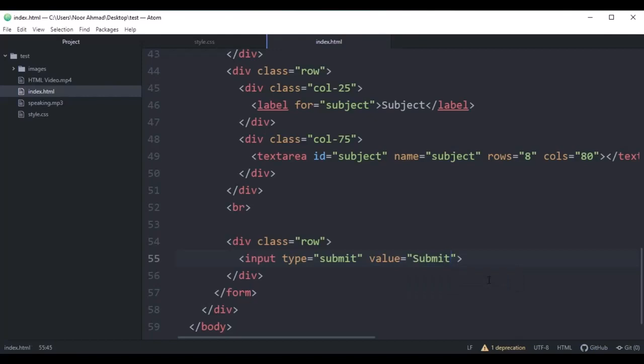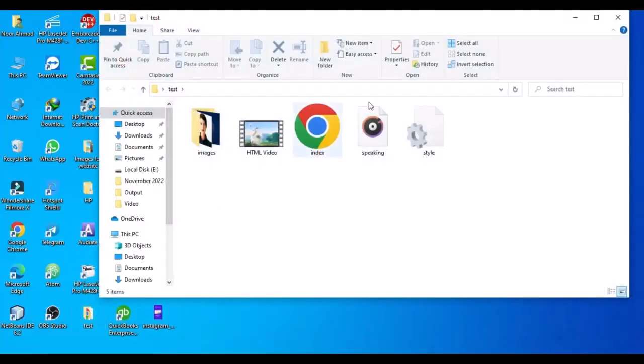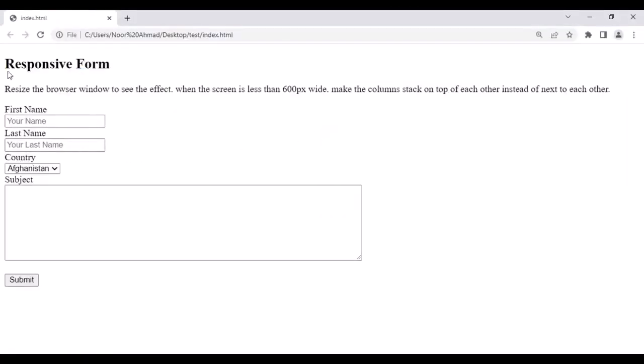submit. Alright, so before jumping over to the CSS section, let me first check how it looks. So as you can see, this is the simple HTML form that we have created right now, and this one is the combo box or the select section of the HTML code, and these are the options that I have added into this combo box. And this is the text area, which has 8 rows and 80 columns, and this is the submit